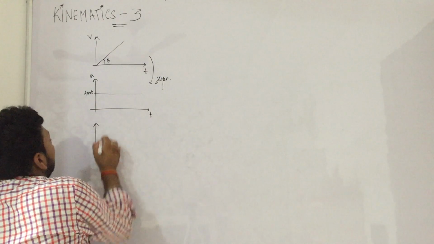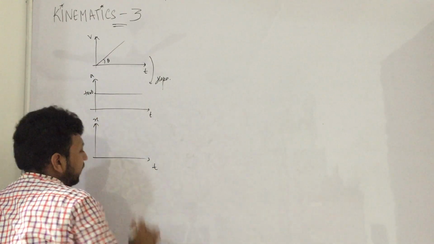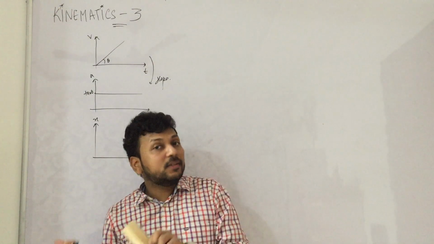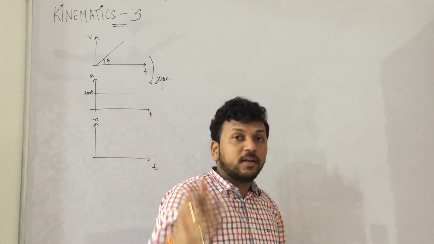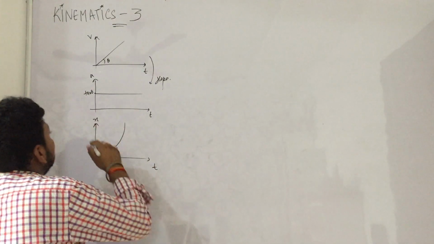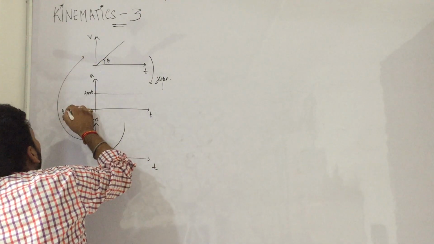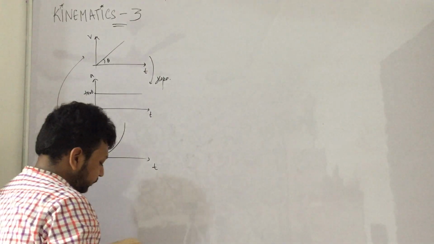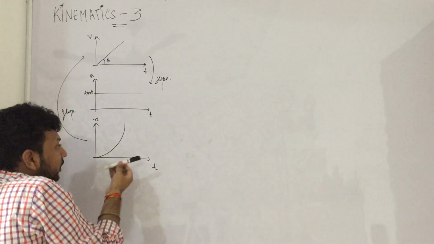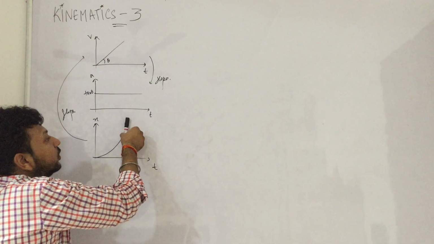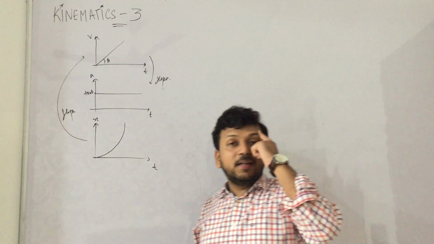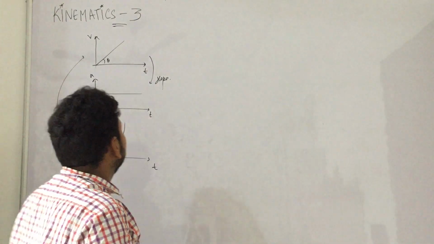And similarly, how will the x-t graph be like? If my speed is increasing, my position will increase. Position was increasing in the previous graph also, but now it will increase at a faster rate. That means the x-t graph will be like this. Again, the slope of this is this. The slope is less here, more here, more here. Slope was velocity, so velocity is less, then more, then more. Velocity is increasing. So this is an example of constantly accelerated motion. I am erasing this.